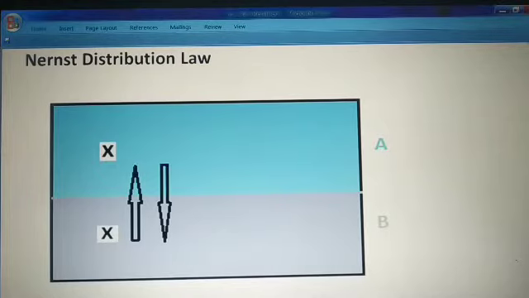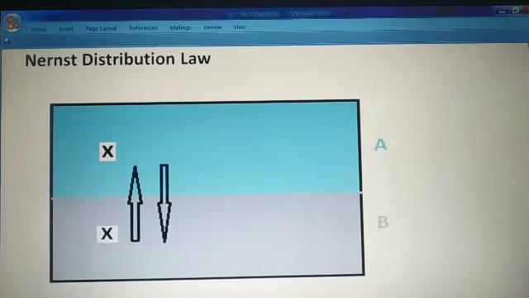We have not discussed the third category in context with the vapor pressure, boiling or distillation, but all are related to the third category, that is clearly immiscible liquids. That is in your syllabus. It is distribution law, Nernst distribution law.